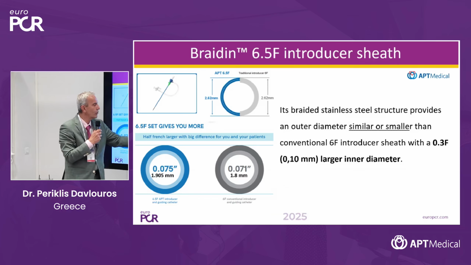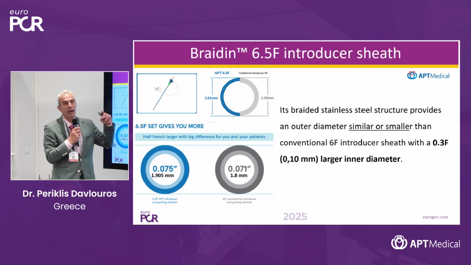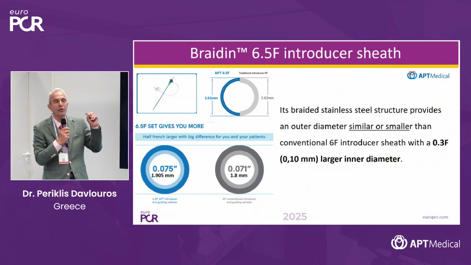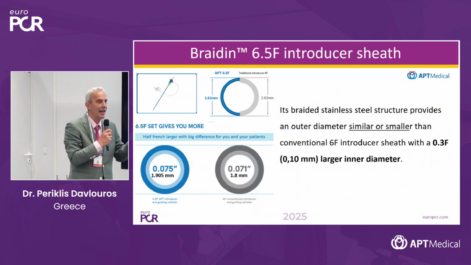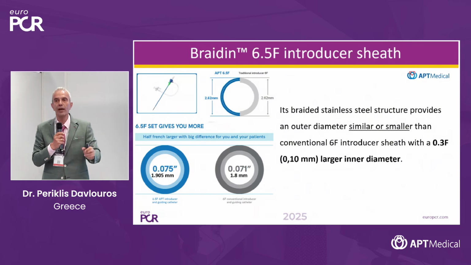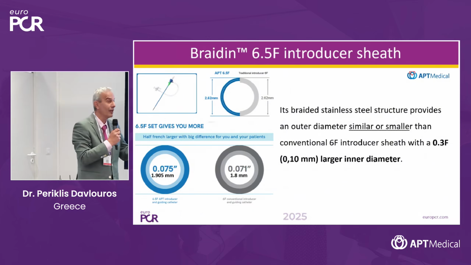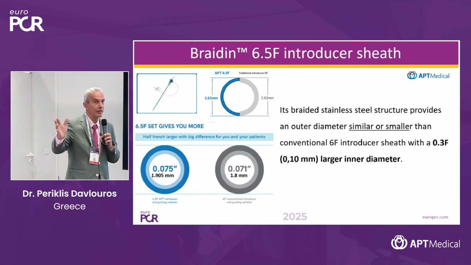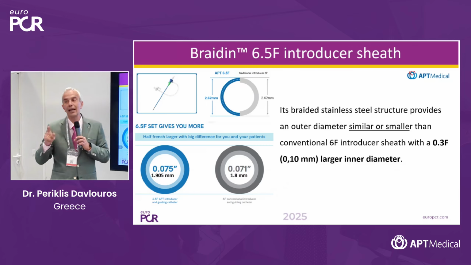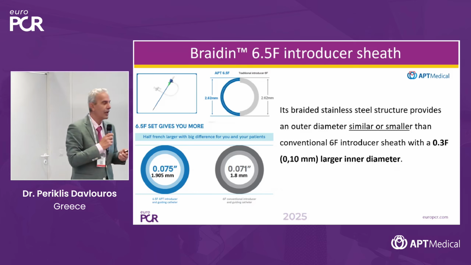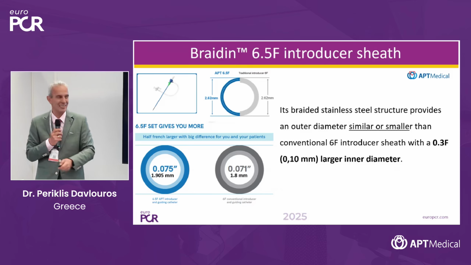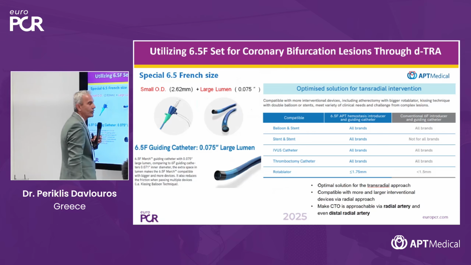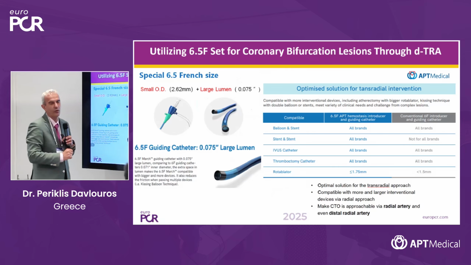Instead of being 0.071 inches like the 6 French, it is 0.075 inches, actually 0.3 to 0.5 French larger inner diameter compared to a 6 French sheath. So you have a 6.5 French sheath, which has an outside diameter comparable to a 6 French, but an inside diameter which is larger than a 6 French sheath. And this is very important. It's very close to a 7 French sheath. And this is very important because it can accommodate, combined with a 6.5 French catheter,